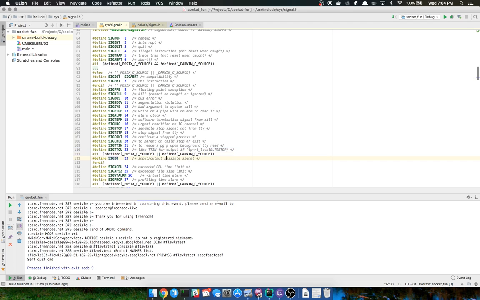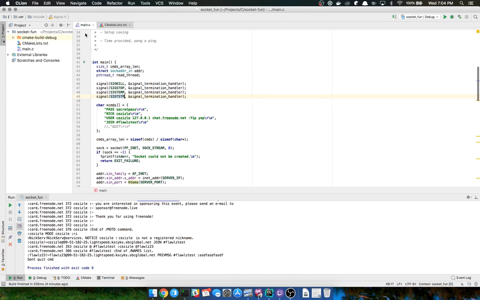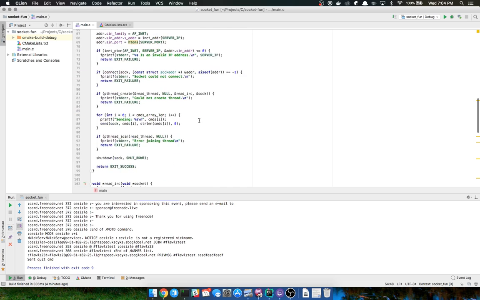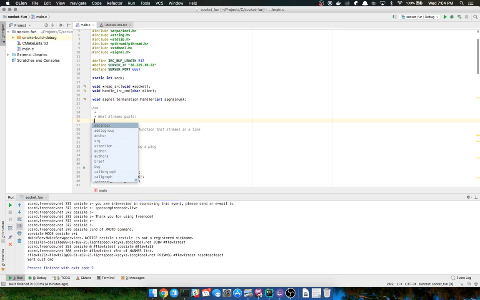TTIN, yeah, I have no clue. I guess that's all I need to look at, really. Window size changes, I think not. Exceed CPU time limit. Has anyone ever in their entire life gotten that? I don't know of anyone. Usually the CPU is pretty good at stopping itself from doing whatever this, I imagine, is. But either that or the OS will hit it first. Who knows? Well, anyway, I'm pretty pleased with that. So let's go ahead and knock that off the list.